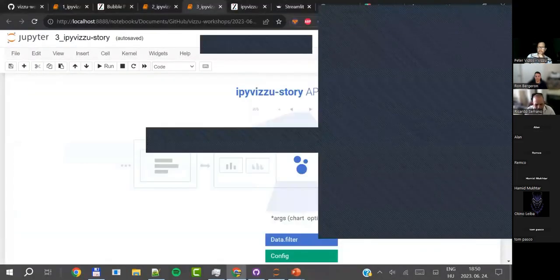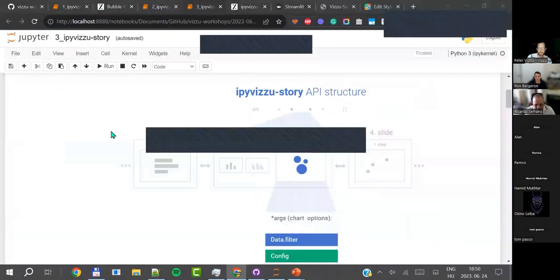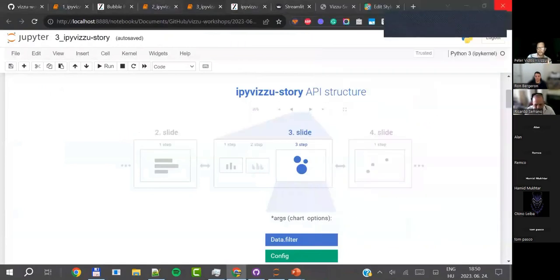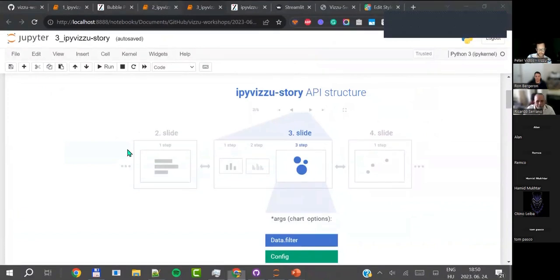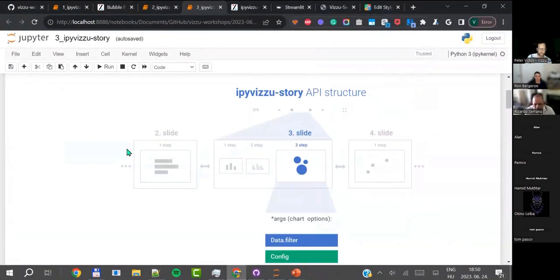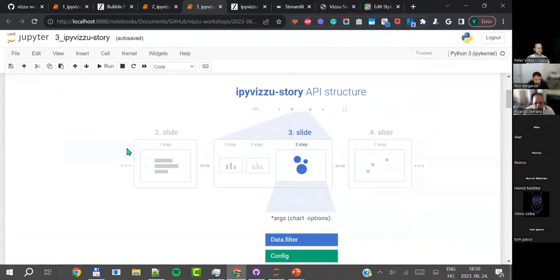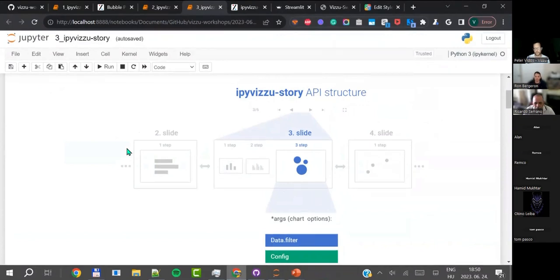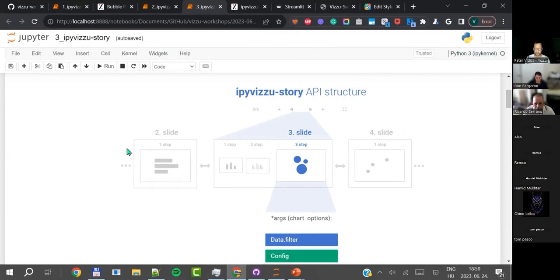All right, the third example is IPyVizzu Story. That was the other comment we got from data scientists who started using our tool: the whole one-directional use, and that it's not clear what's going to happen if I rerun a cell that's further up, and how can I really use this for sharing my insights. This brought us to build an extension that enables you to create, present, and share animated presentations right from your notebook.